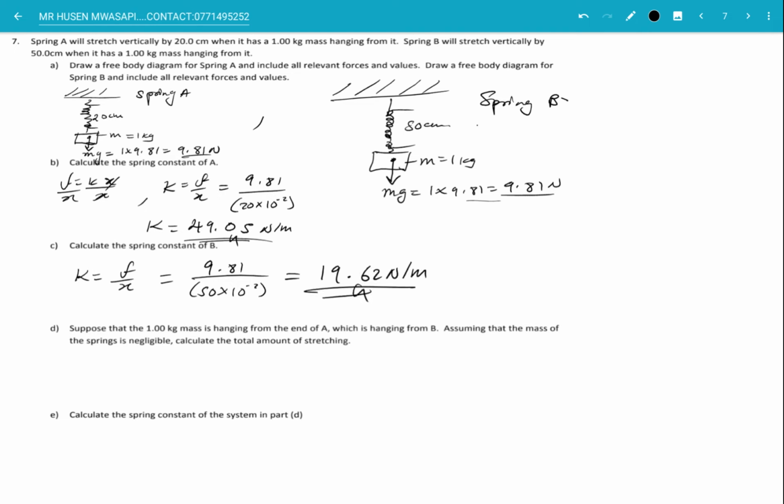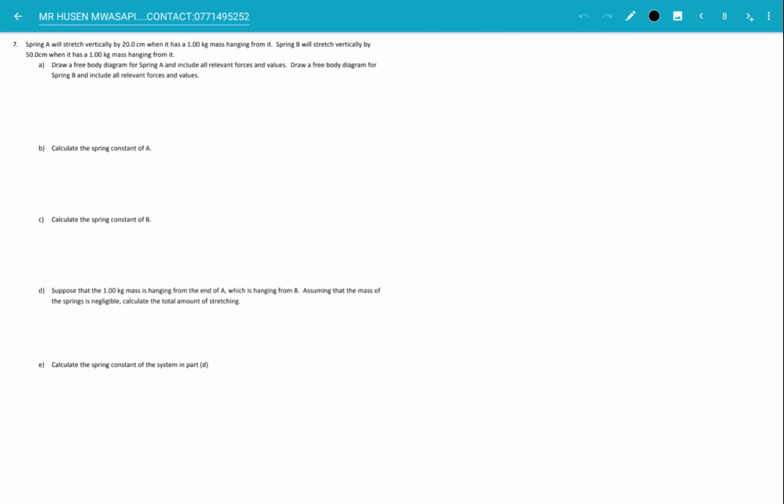So now all we have to do is move on to the next part of the question, which is D. D basically looks very interesting, but it's again very simple. It's actually very simple to solve this one. So what I'll do now is this. Let's try and solve it from this point of view. So now it says that suppose that's the 1 kg mass hanging from the end of A, which is hanging from B, assuming that the mass of the spring is negligible,